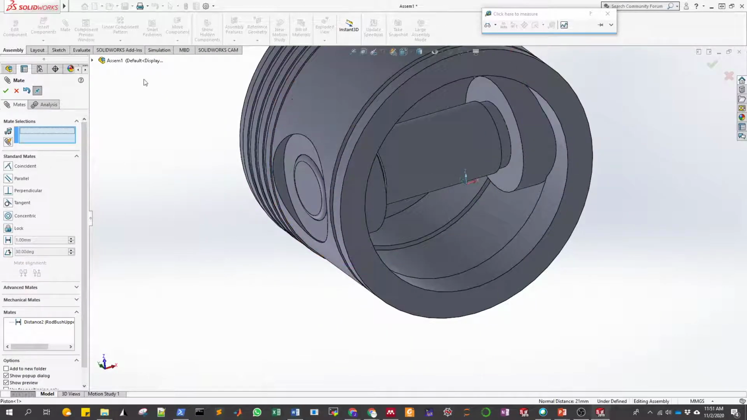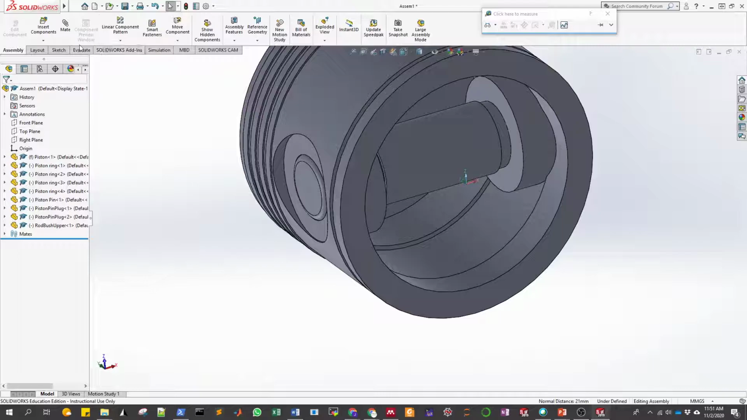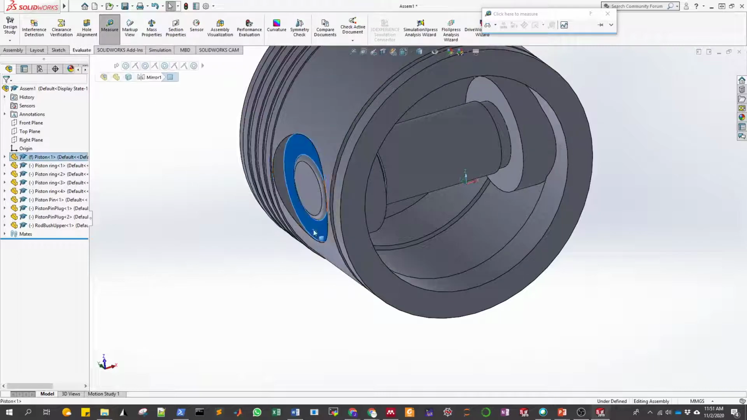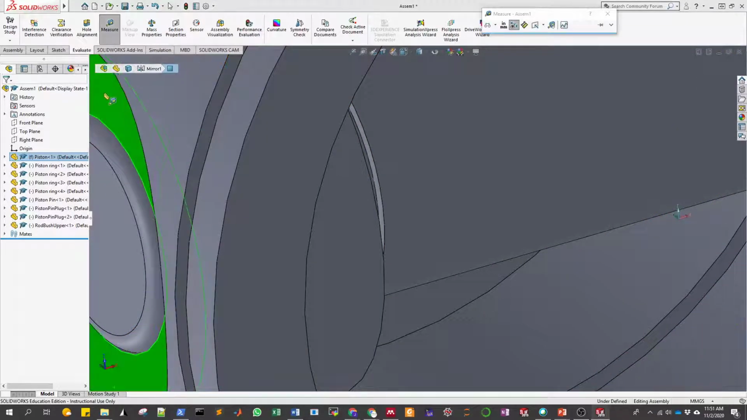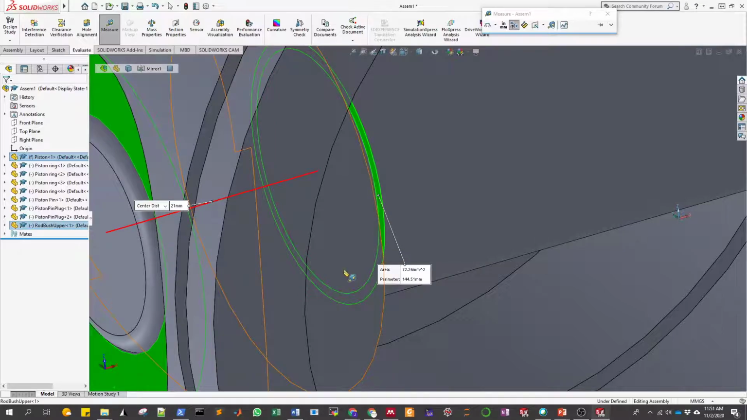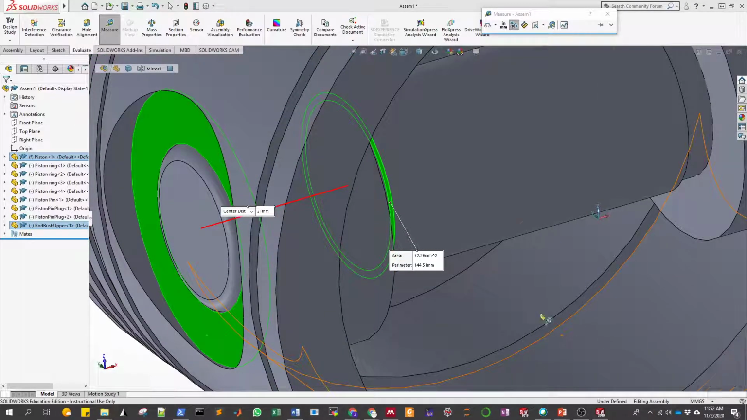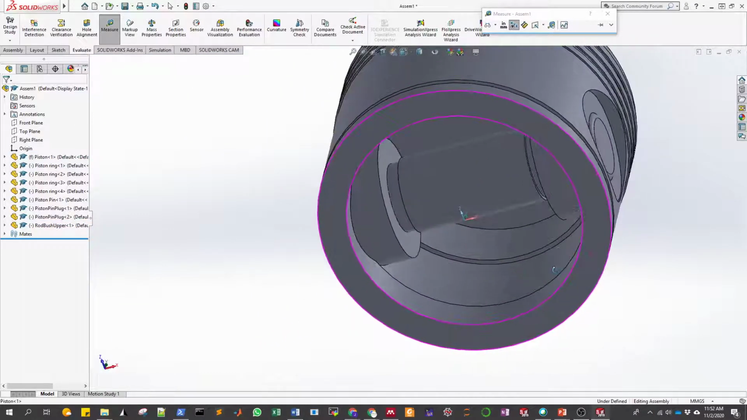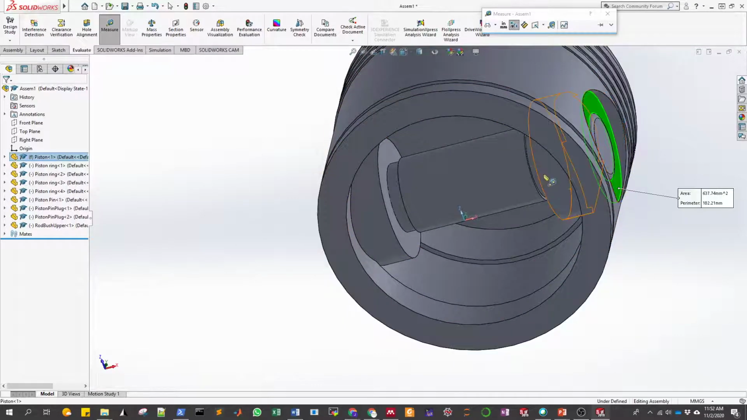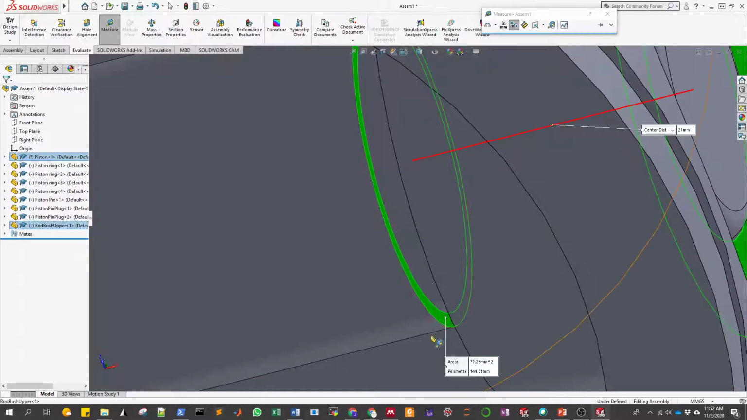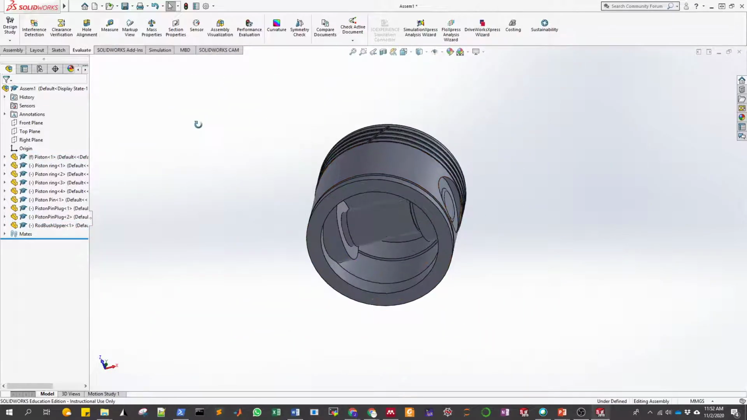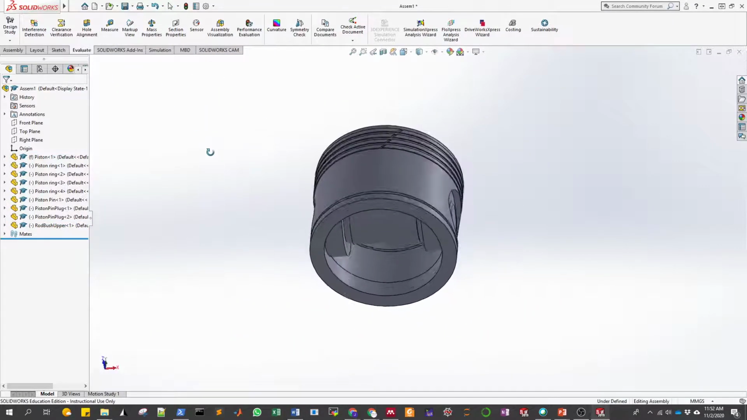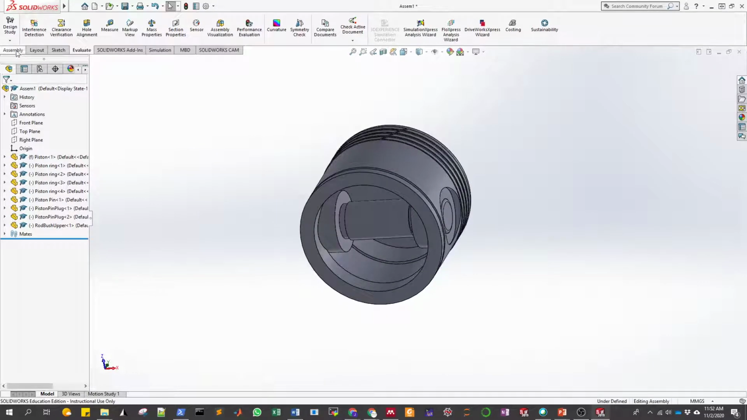Okay, if we want to make sure, we can again measure that between this face and this face. We have 21, and we can do the same on the other side. This face and this face, also 21. Okay, this is correct. We have that bush there, and then we can import